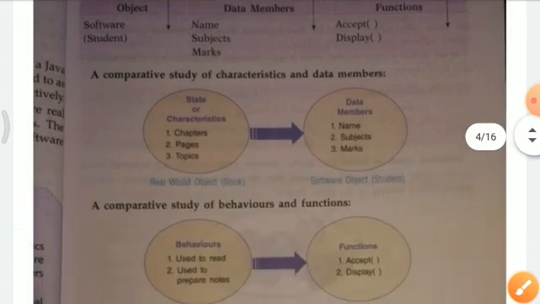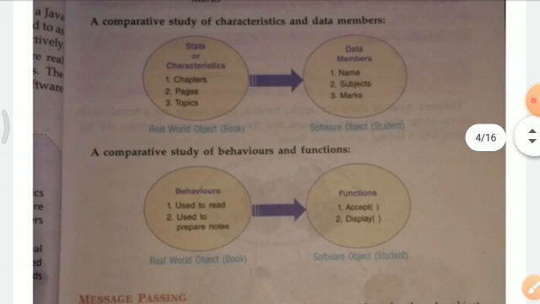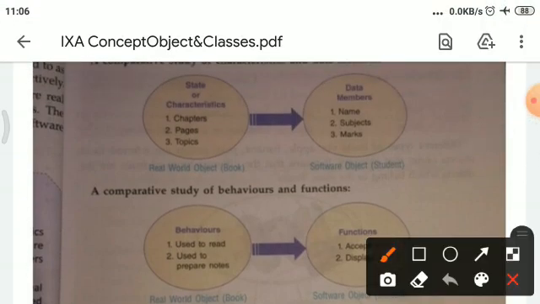In this way, this is a comparative study of characteristics and data members, and this can be seen in the diagram also, students.